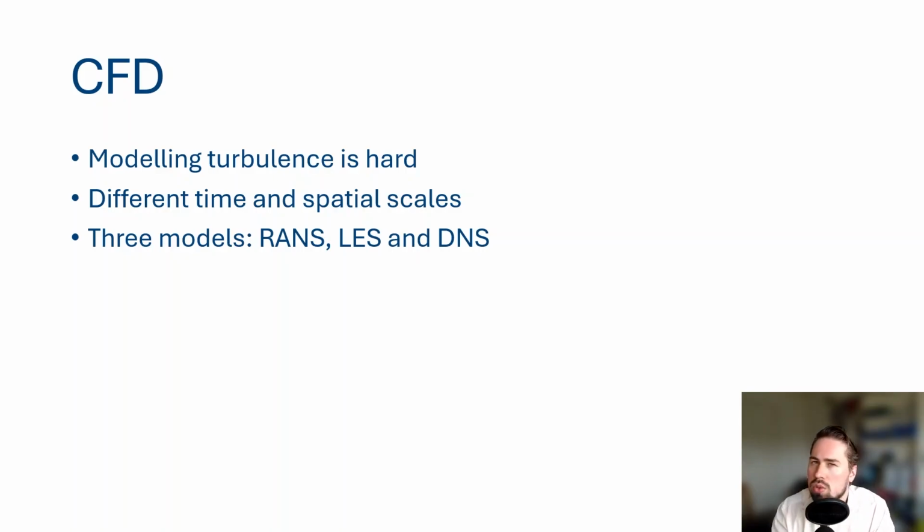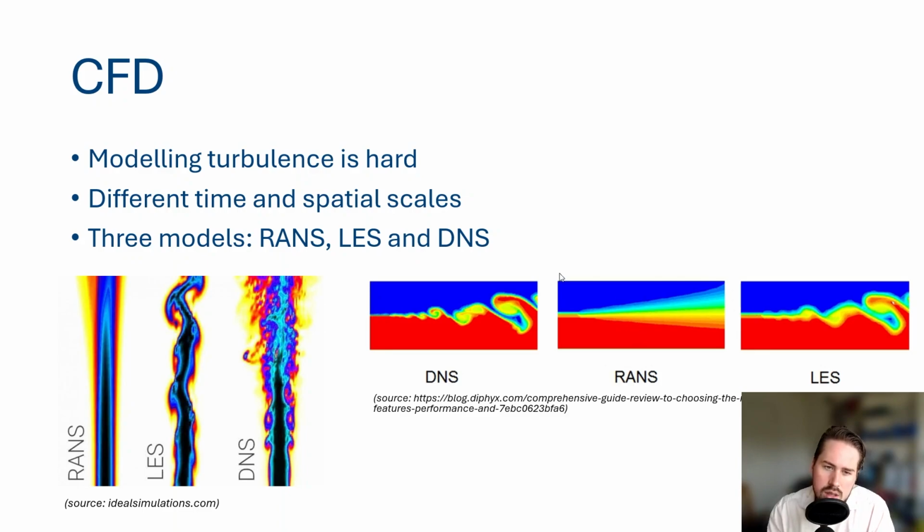We will not go too much into the modeling details, but I just want to show you how different models take into account turbulence. So the easiest and fastest model is the RANS model. It basically smooths out all turbulence. So you get this smoothed out version, which you can easily see on the right. There is no turbulence behavior here, but we model it by smoothing it out. So it's way faster, but you cannot model the Turbocollector with this. What is then typically used in engineering is the LES method, where